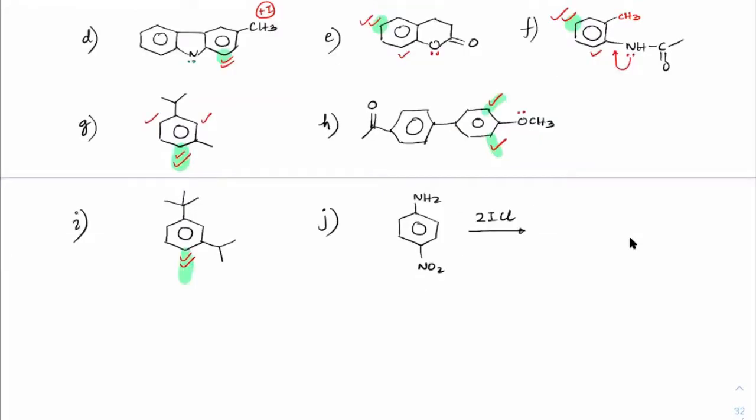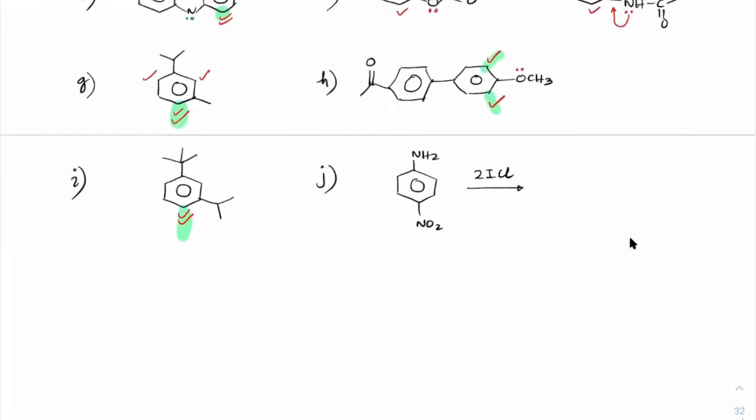Okay. What if I asked you more thermodynamically stable, then what do you do? This is the preferable EAS, correct? But what if it is more thermodynamically stable? If the question was asked, what is the most thermodynamically stable product? What we are doing is just the preferable EAS. Thermodynamically more stable product would be at this position. Remember that? Because this would have least crowding, because these two are already very crowded groups. If you put one more group here, that will have van der Waals repulsions.